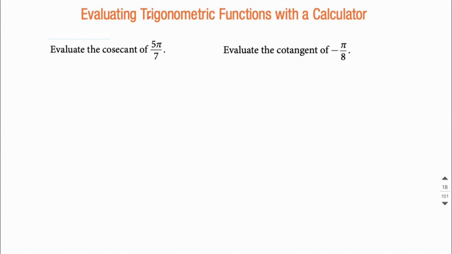All right, let's work on evaluating a couple trig functions using our calculators. So the first one is we want to evaluate the cosecant of 5 pi over 7. And to do this, we're really just getting it in the calculator correctly, getting the right values coming out. We can't really use reference angles. It's not going to be super clean and nice where we can use a table of common values or anything